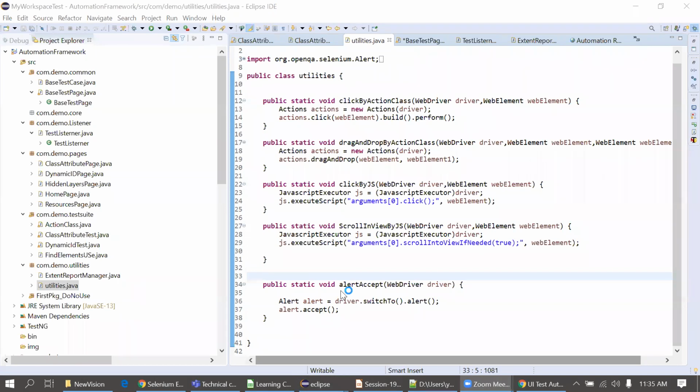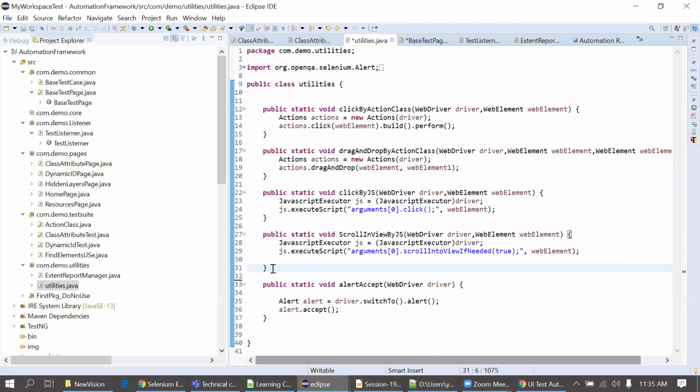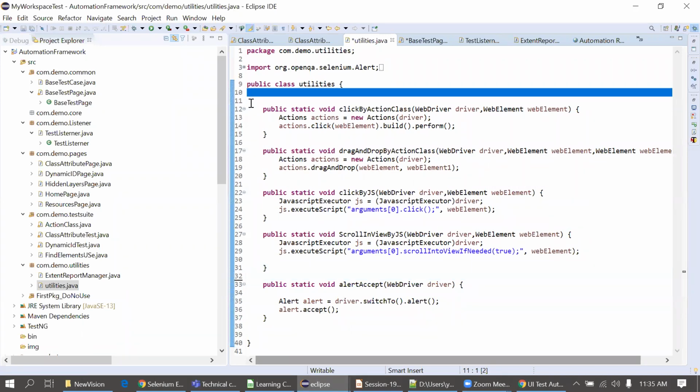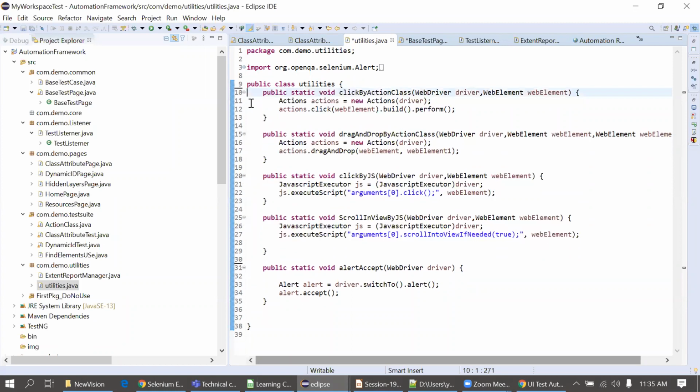So in this utility you have created all the actions for the Actions class, like click, drag and drop, scroll into view, all the methods with implementation. You have created a method and implemented it, right? Yes. Okay, got it.